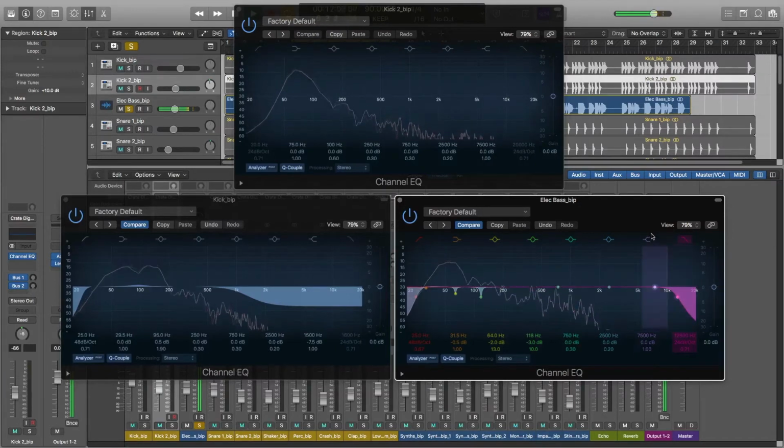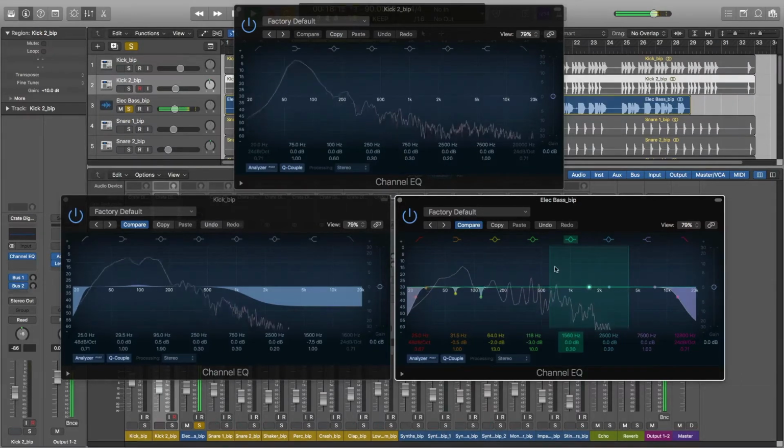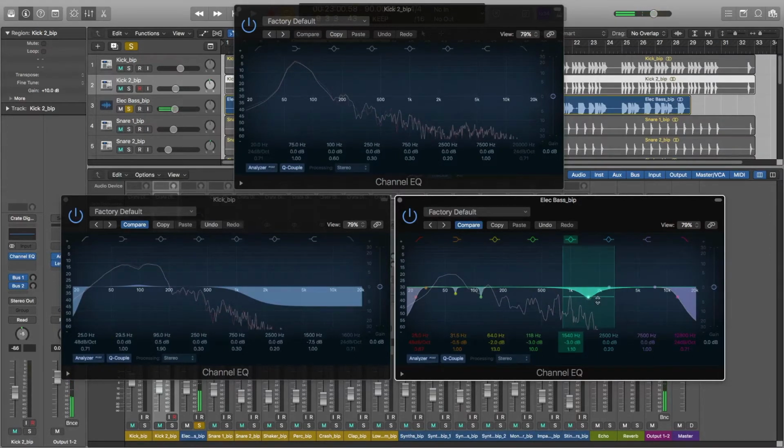I may just do this and then come in here. Let's free up some space here. In this case, I'm just making some space between 1K and 2K because I don't know if you have heard this before, but this is where a lot of vocals live in, a lot of your instrumentation will live in, right, from some of these frequencies up. So I don't want to, if I can help it, I will do some space right at the beginning. And this bass is not using a lot of energy here, so I'm just gonna take it